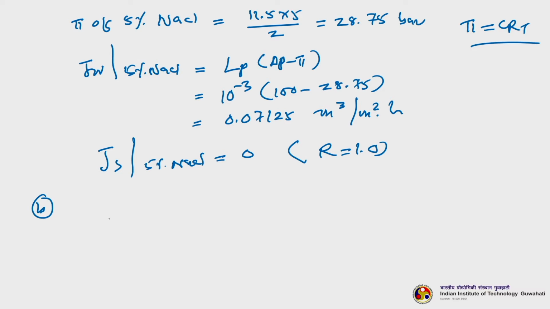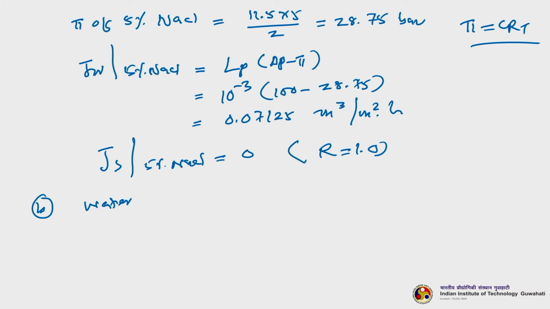So, the same module is being used. It is told that the same module is used to desalinate a 4% NaCl solution at an osmotic pressure of 20 bar, the polarization modulus is given as 3, and the salt rejection R is 0.99. Now you have to calculate the water and salt flux at an applied pressure difference of 75 bar, and then we have to calculate the mass transfer coefficient.